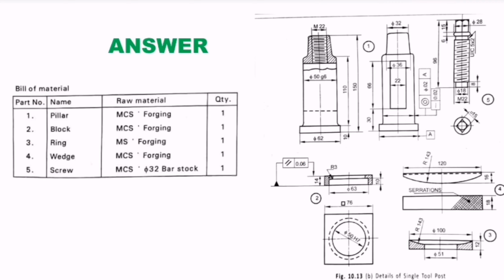So the very important thing is that after dividing the assembled figure into component drawings, we need to maintain the dimensions as per the given question. That is very important. Whatever the number given in the question, for example this is 120 given in the question, that only we need to maintain here.